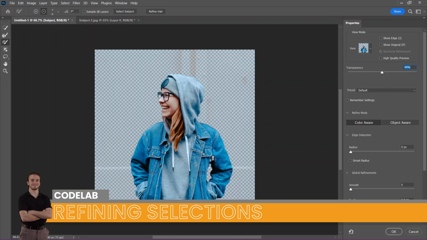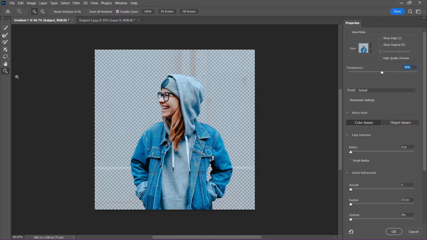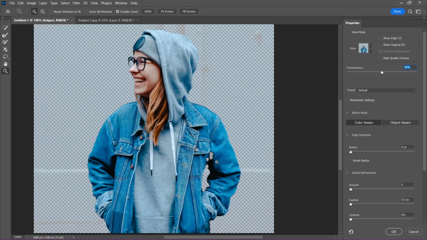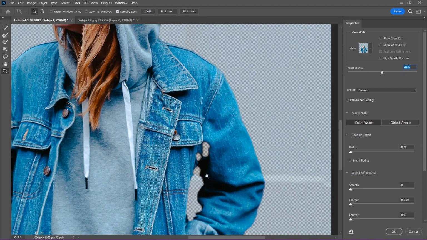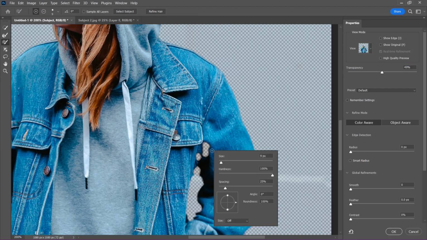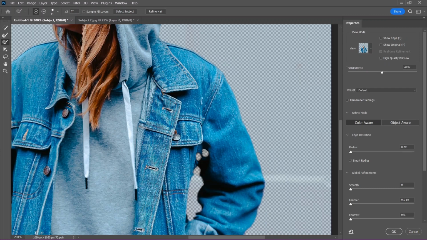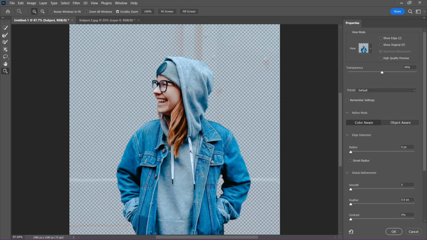I'm going to begin by fixing this part on her left arm. I'm going to take the zoom tool, click once, and click twice. You'll notice there's a little bit of a gap here. So I'm going to go into the top left and select my brush tool. I'm going to make it a good size. You could also change the size by right-clicking and just adjusting the slider here. And then I'm just going to drag all over the part that wasn't selected. You'll notice that this is filling it in. So now when I go to my zoom tool, I can right-click, press fit on screen, and you'll notice that